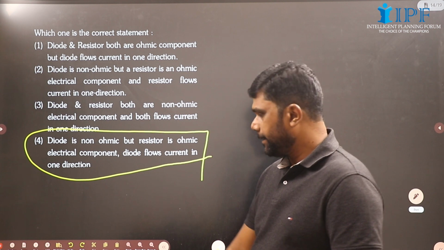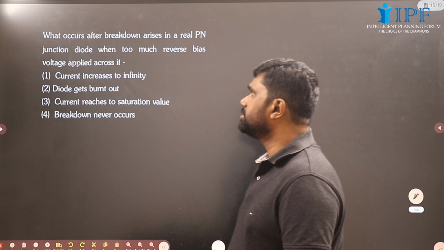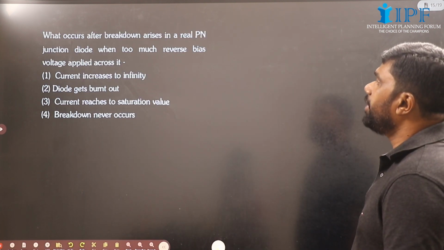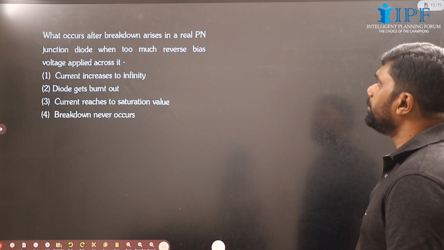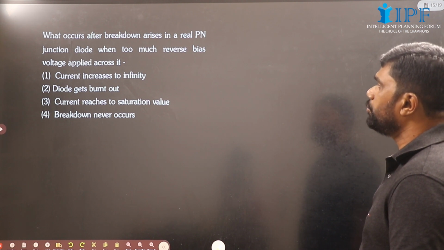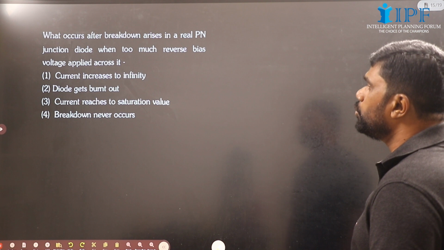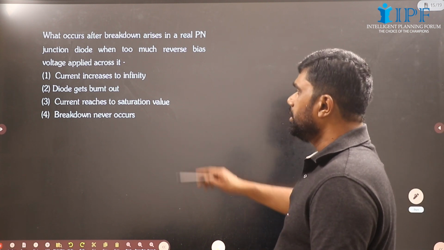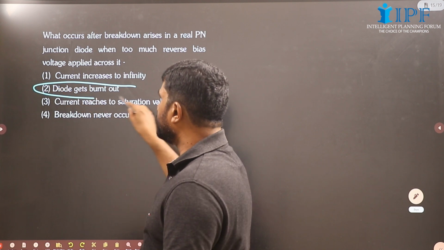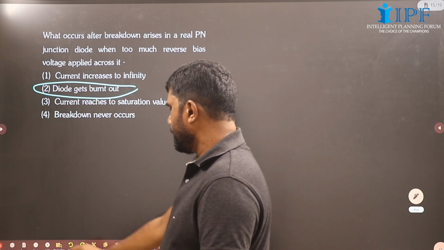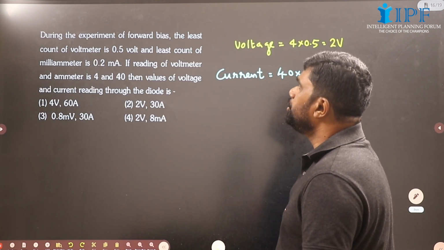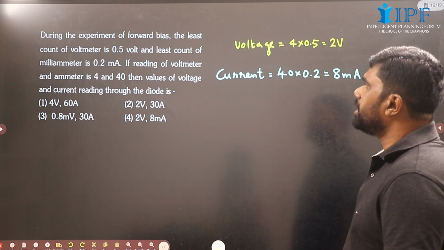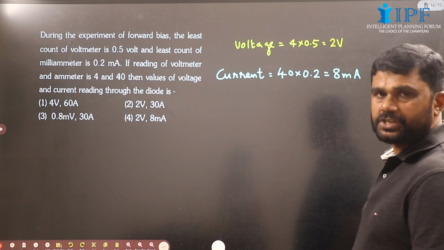Perfect. Okay, that's the only right statement. What occurs after a breakdown arises in a real PN junction diode when too much reverse bias voltage is applied across it? The diode gets burned out. Okay, now see, during the experiment of forward bias, the least count of voltmeter is 0.5